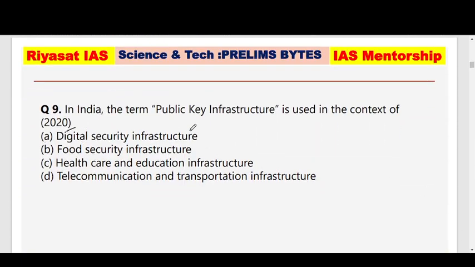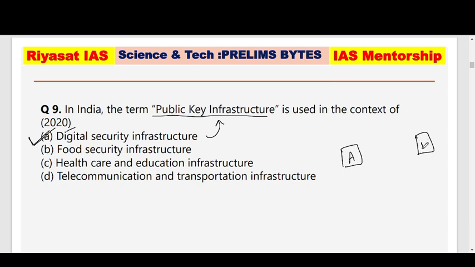Again 2020. In India, the term public key infrastructure is used in the context of what? Digital security infrastructure, food security infrastructure, healthcare and education infrastructure, telecommunication and transportation infrastructure. The answer is digital security infrastructure, which means that to have a secure digital connection, say that we are,